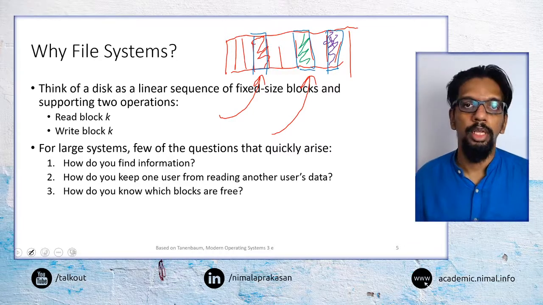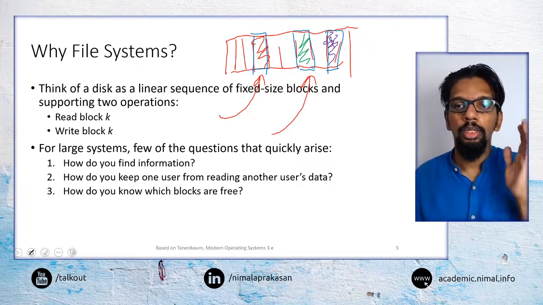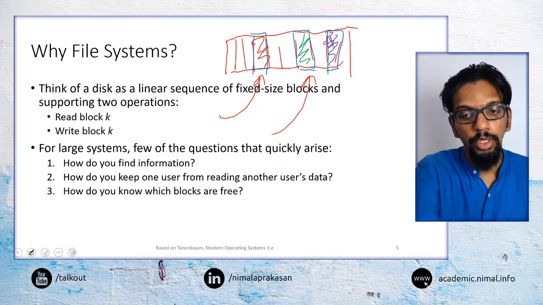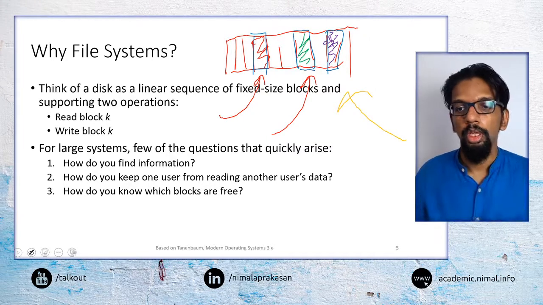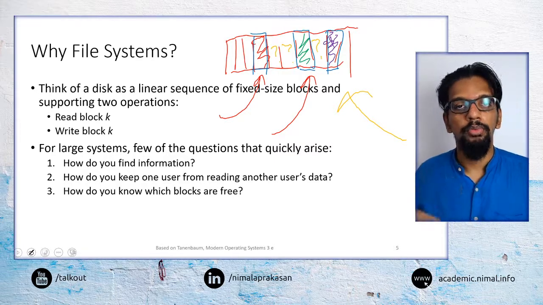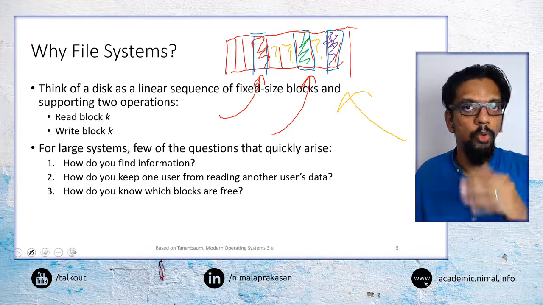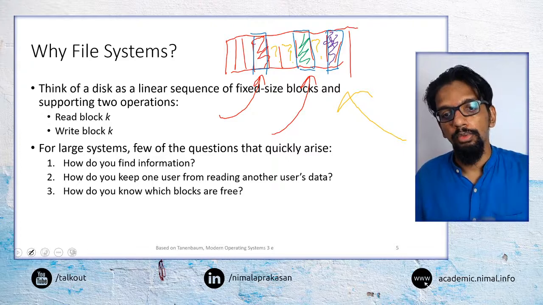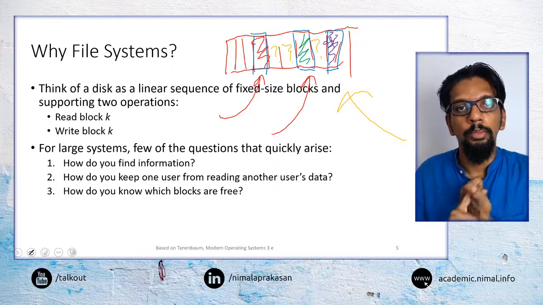So again, that is something else that we would want to have in this storage mechanism. And also, say for example, once we keep on storing this information, and then we get another new piece of data that comes along to be stored, we need to know which of these spaces are free. So we need to know which are free and which are being used, so we can store it in some place that is free and not overwrite some other places that are not free. So again, another thing that we would want to have is identifying which blocks or which parts of the storage medium are freely available.